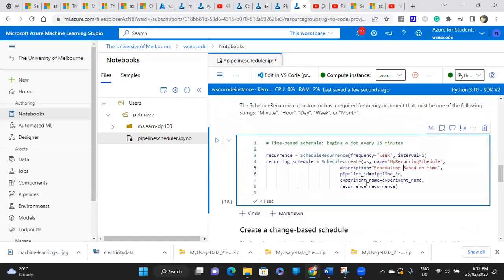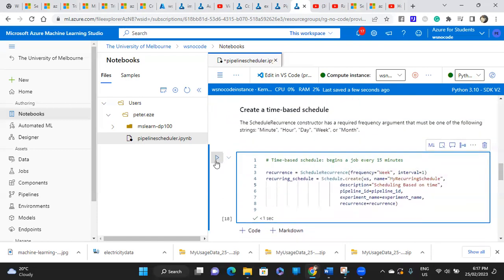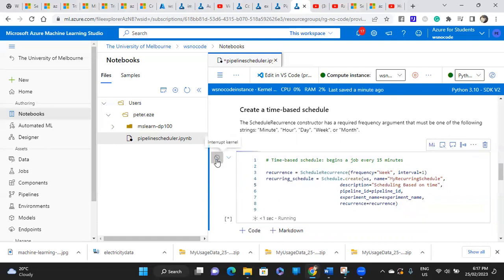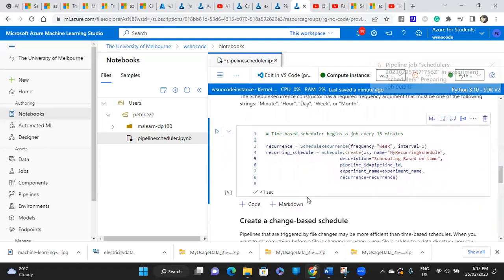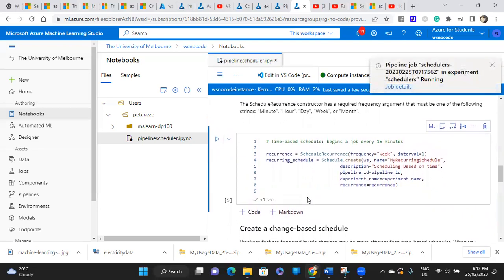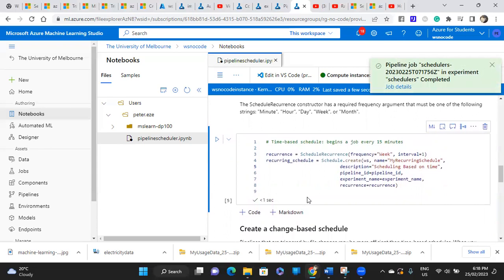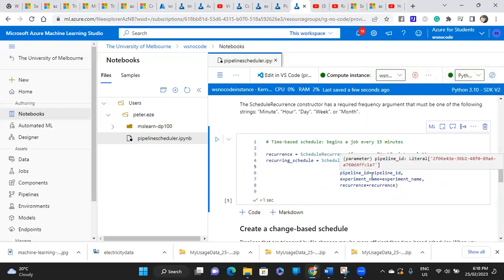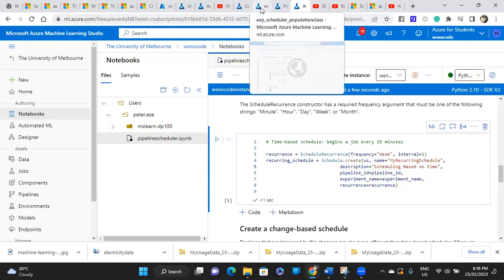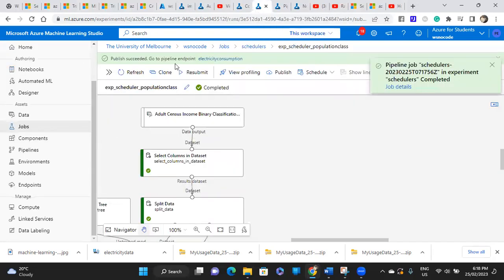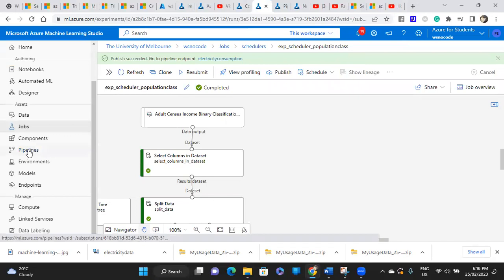So after you must have done that, we can now execute this cell. So it has created this schedule, pipeline job scheduler, this has been created. We will need to probably confirm it from the machine learning studio. So how do I do that? I go back to this tab, another tab, and maybe when I click on my pipelines,